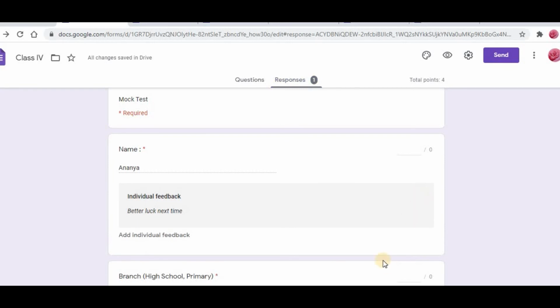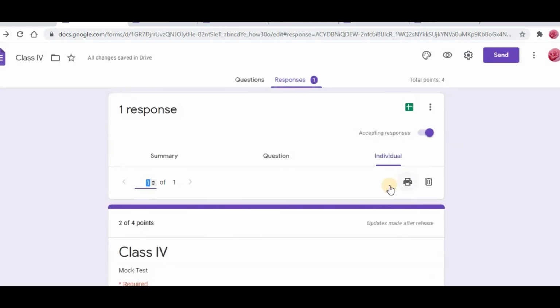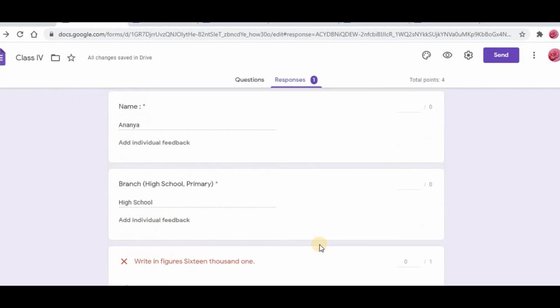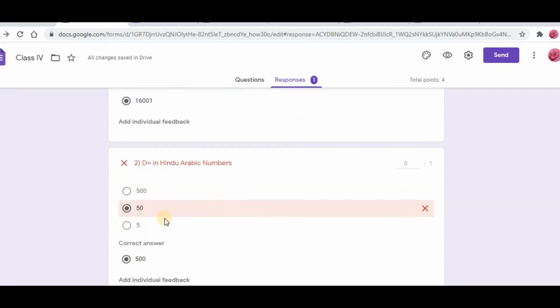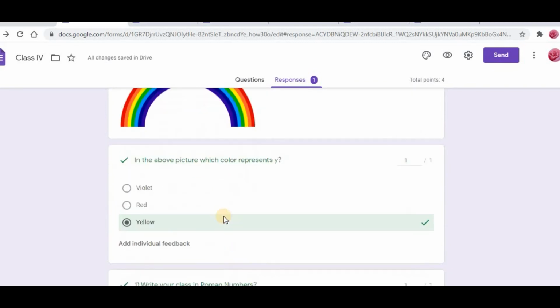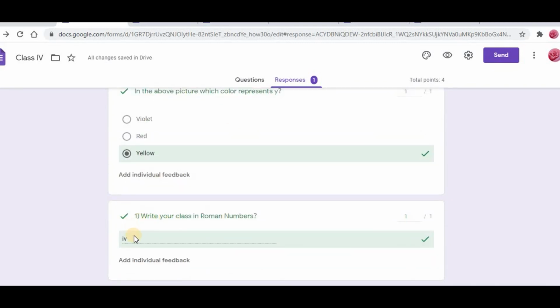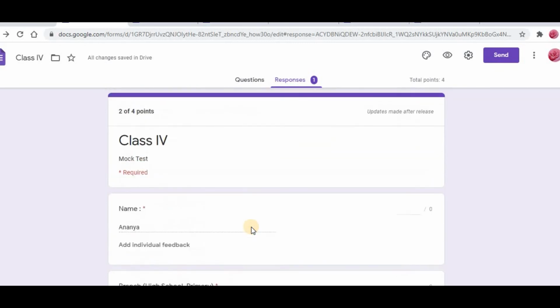I'm just deleting this. So this girl did this one wrong, and this also wrong, and she did only 2 correct, that is yellow, and the other one is 4. If she wrote this one wrong, then the computer will show either this or that. Any of the 2 options you can select, our computer will show to her.